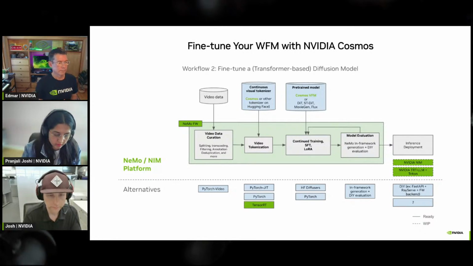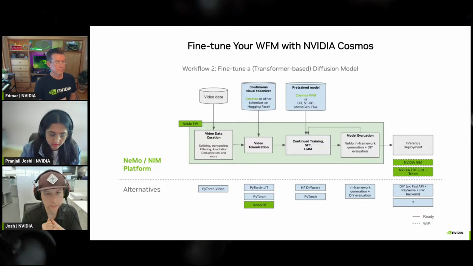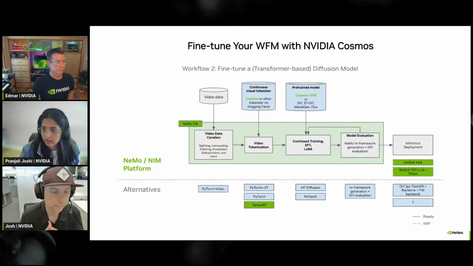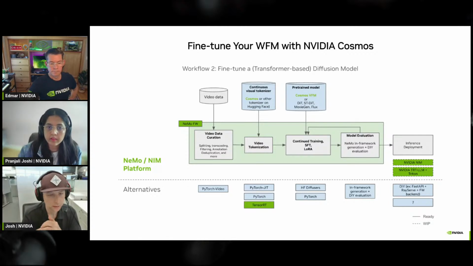And here you can see a rough outline of what that post-training or fine-tuning pipeline can look like, where we've got our video data, we pass it through our video data curation pipeline. Everything we're doing here is leveraging the tokenizer. As we've got our world foundation models, and then using NeMo's open source SDK framework, you can do your training.